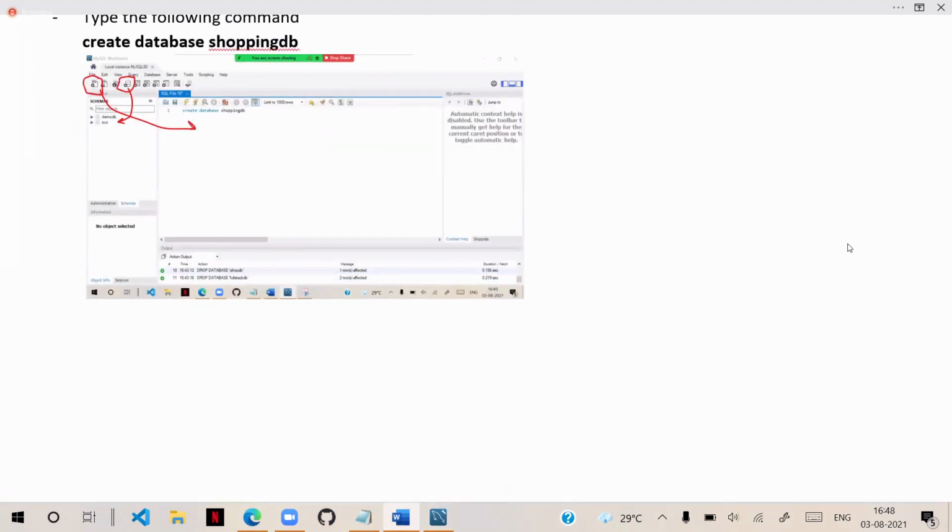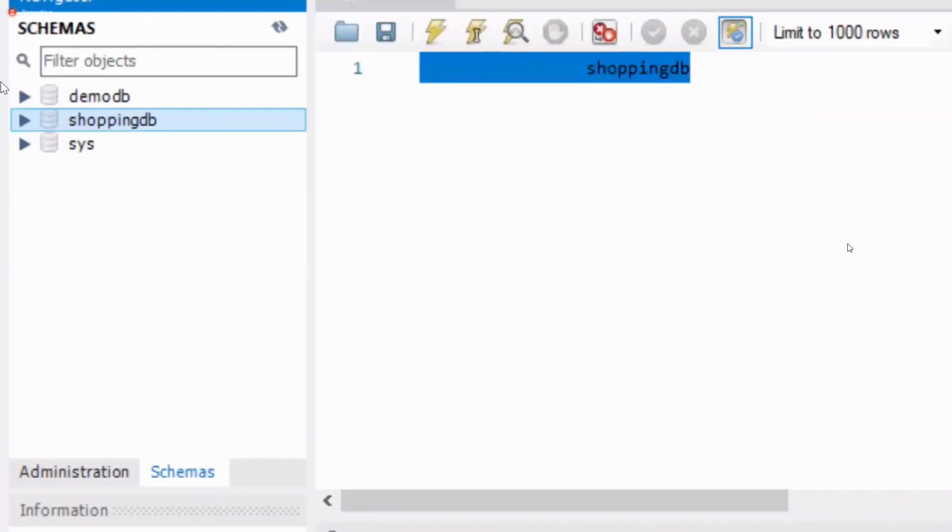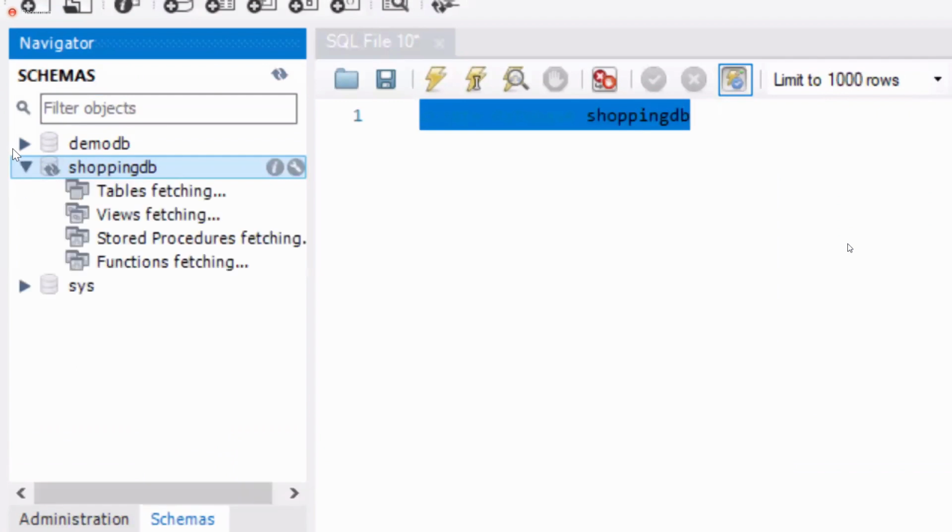After creating the database, adding tables into the database is also simple. Actually, to add tables you have to right click. In the left side schemas, you have to expand that shopping DB.